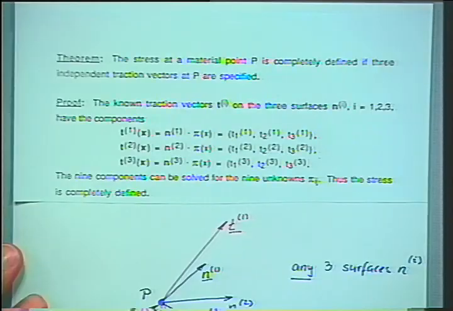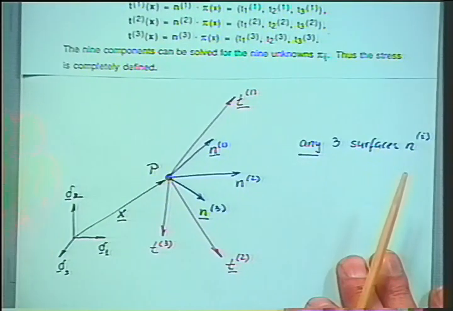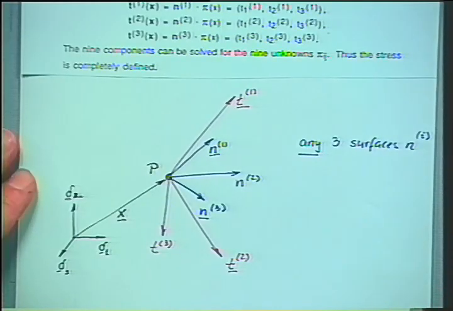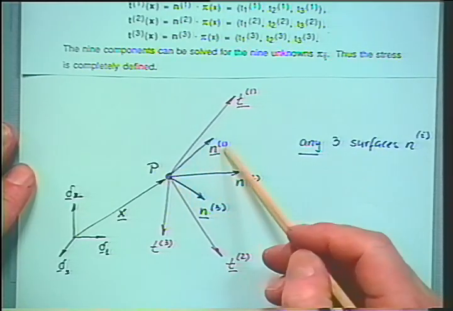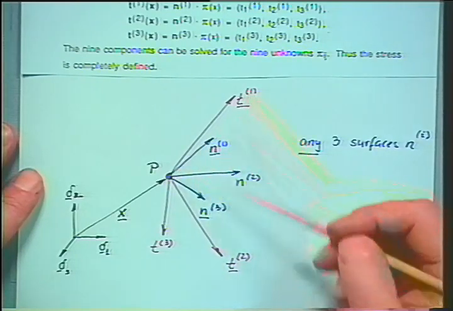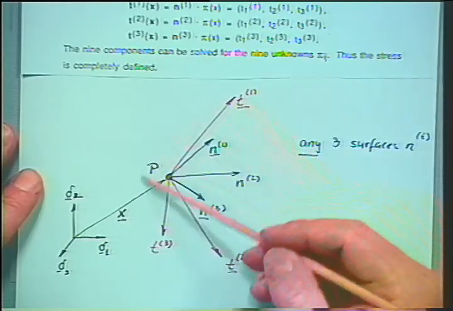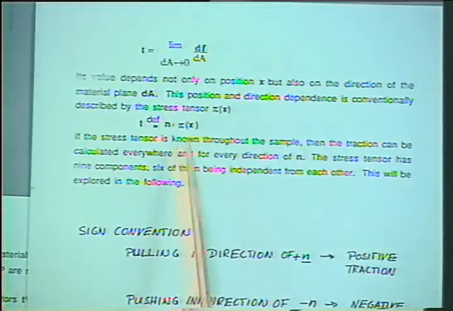Now, how much information do we need to calculate the stress tensor P? This stress tensor has 9 components, and you can see, as I was plotting in this example, if we choose 3 cuts, say a cut with a normal vector n1, and a cut with normal vector n2, and n3, 3 cuts with the associated tractions T1, T2, and T3, if we know all this and introduce this information into our defining equation of the stress tensor,